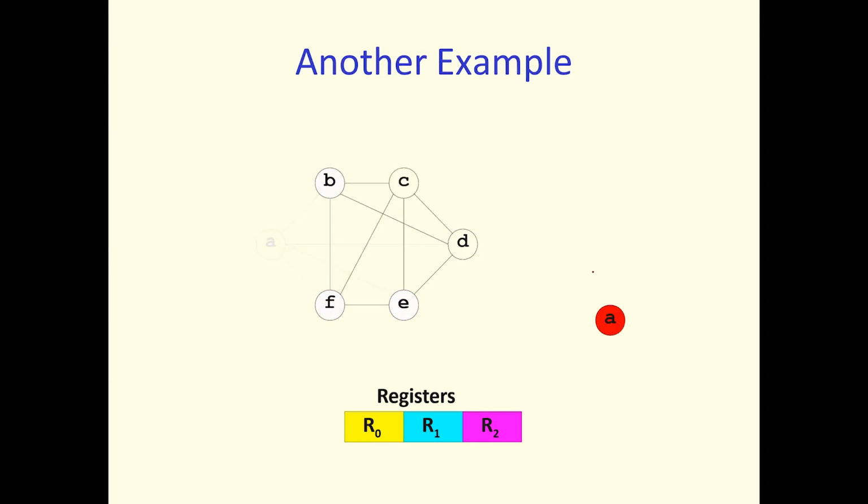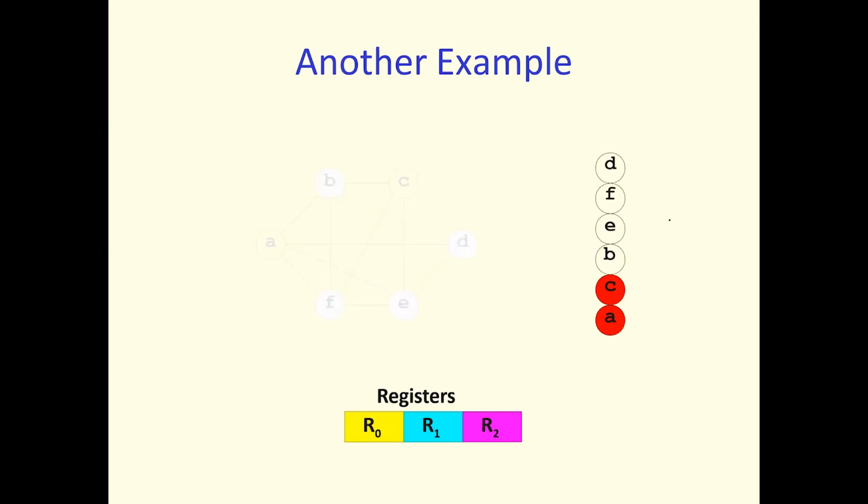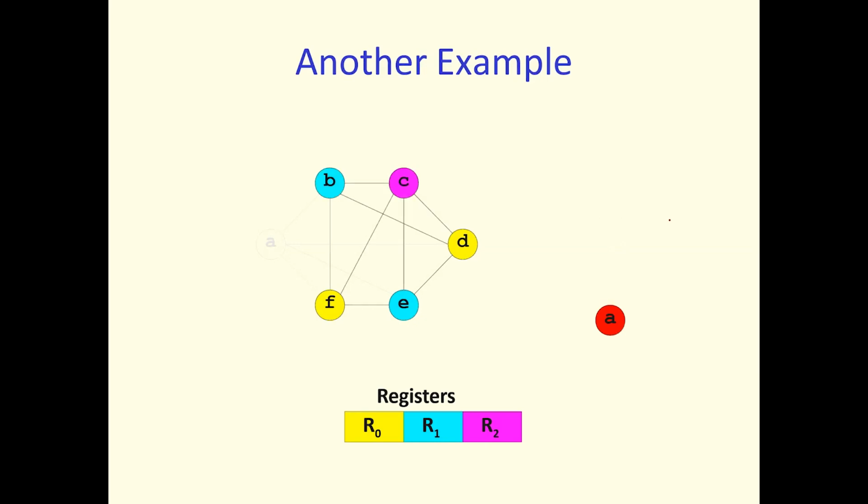We still have a challenge because there is still no node with fewer than 3 neighbors. So another node is selected to spill. Now we are in a nice subgraph, so we can pick things one after the other. And we can start coloring them back. So D gets color yellow, F gets color yellow, E gets color blue, B gets color blue, C gets